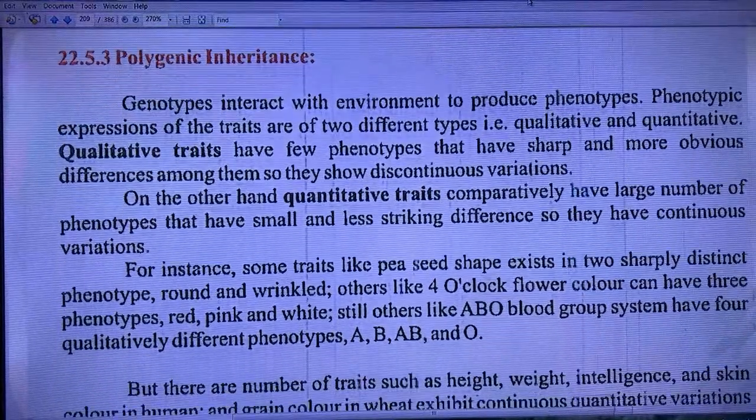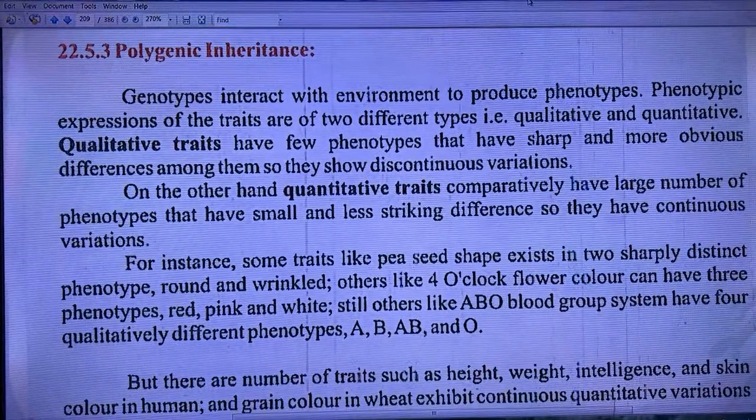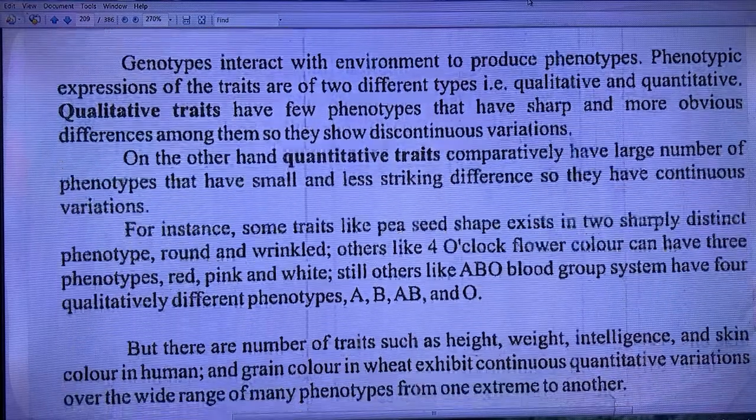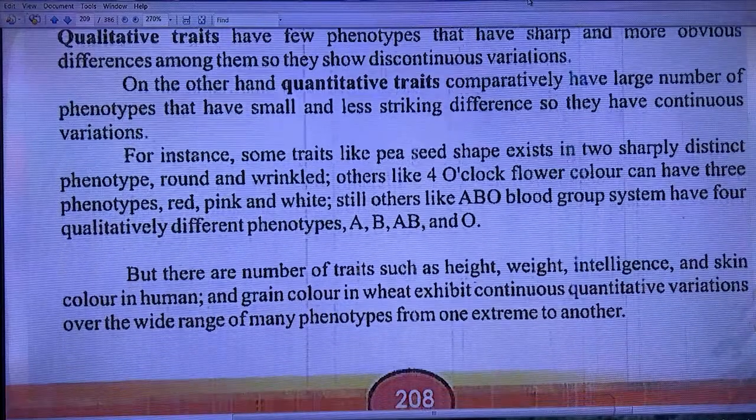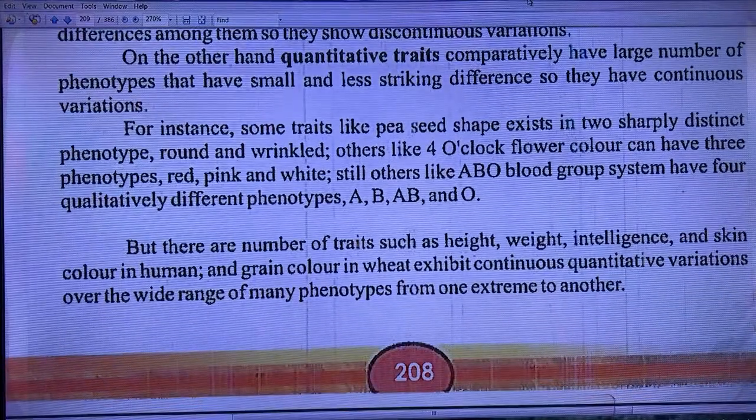Polygenic inheritance. Genotypes interact with the environment to produce phenotypes. Phenotypic expression of the traits is of two types, qualitative and quantitative. Qualitative traits have few phenotypes that have sharp and more obvious differences among them, so they show discontinuous variations. On the other hand, quantitative traits comparatively have a large number of phenotypes that have small and less striking differences, so